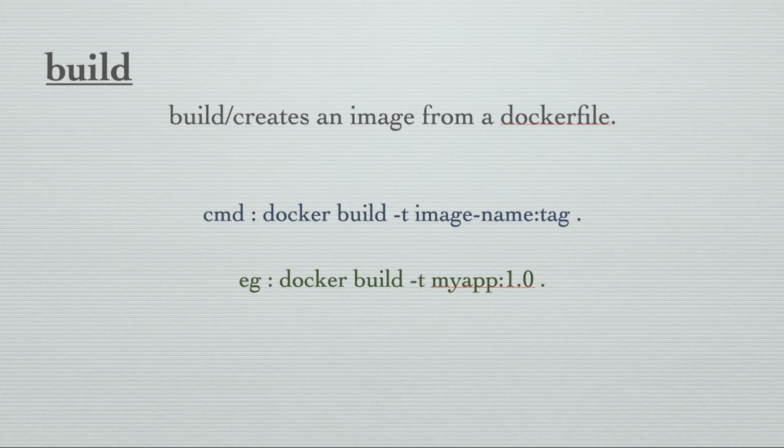So the next command is the build command. The build command is basically used to create a Docker image from a Docker file. So we have our Docker file in our system and we want to create an image out of it, then we will use this docker build command. Okay, so the command is docker space build space -t, then image name, and if you want to give a tag, you can give it as :tag and space period. The period here specifies that the Docker file is available in the directory from where you are running the command. If it is not present in that directory, then you have to give the path of the Docker file which you want to build. Okay, so let's see it in action.